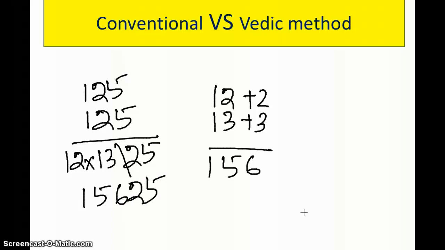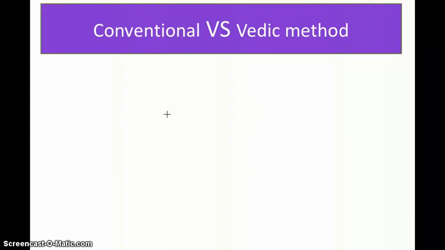That's it. Now you can see how effective this method is compared to the conventional way. Now we are going to discuss the next case, finding the square root of a number ending with 25. Finding a square root in a conventional way is really difficult, tedious, and involves a lot of hit and try. But here it will be quite simple. What we are going to discuss is for a specific case, a number ending with 25. You just have to apply the reverse method.